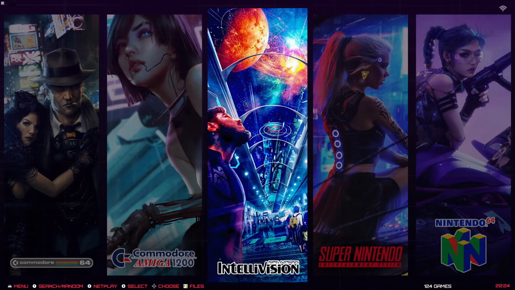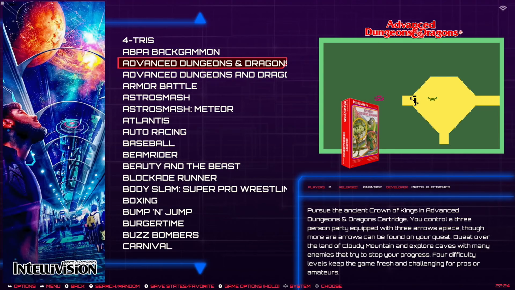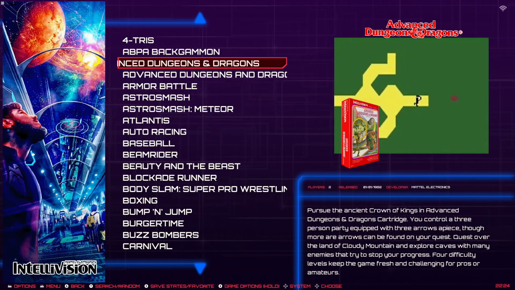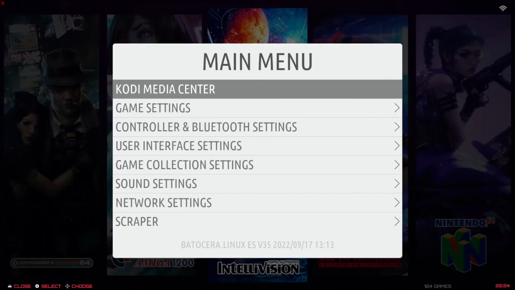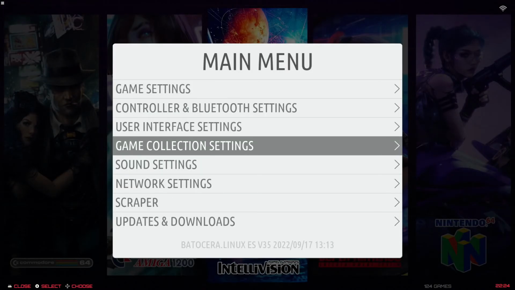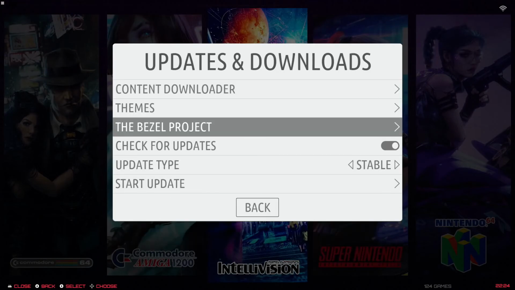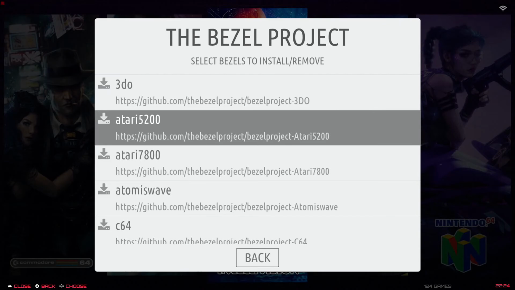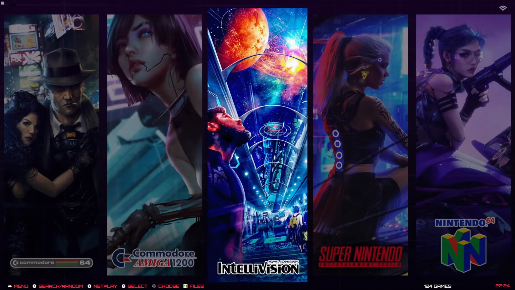For example, the Intellivision, not a system that requires a lot of power, you know, but thanks to the great design by Batocera, if you download the Bezel Project, which is totally integrated into Batocera, and you install the Intellivision pack, which I have already installed,